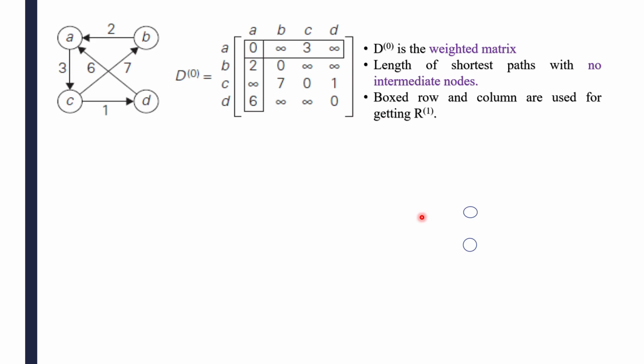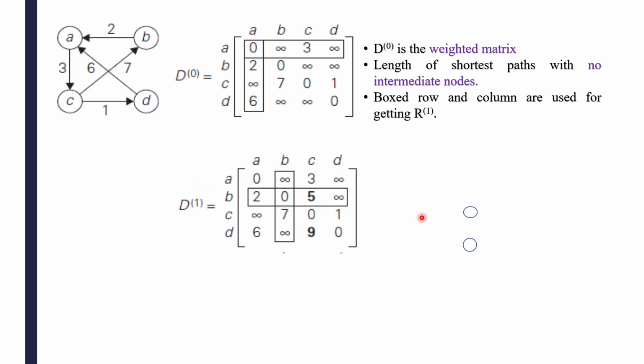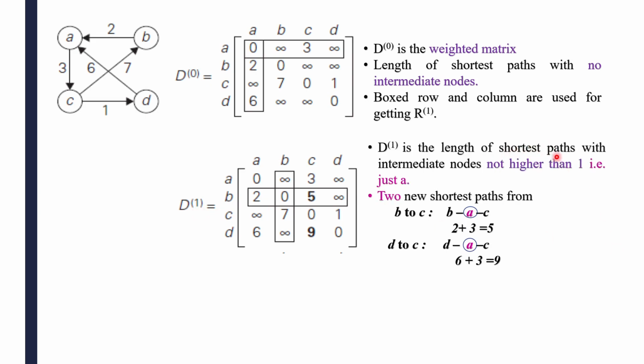Next I have to find the next iteration. As I told earlier, it is same as your Warshall's algorithm. Now in the place of R, I am taking D here because I am calculating distance. D of 1. 1 indicates what? One intermediate node you can take here. One intermediate node, that is A now. We can take A as an intermediate node, and with the help of intermediate nodes, if we get a path here, so via A, if you get any path to the remaining vertices, yes, you can consider that one also.